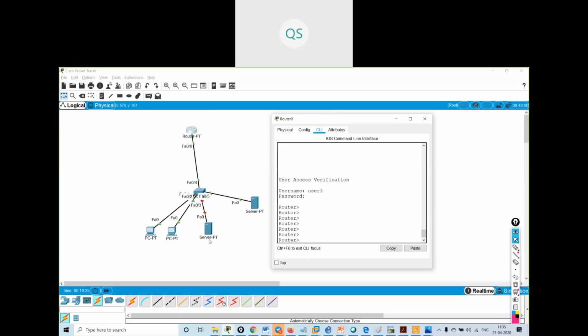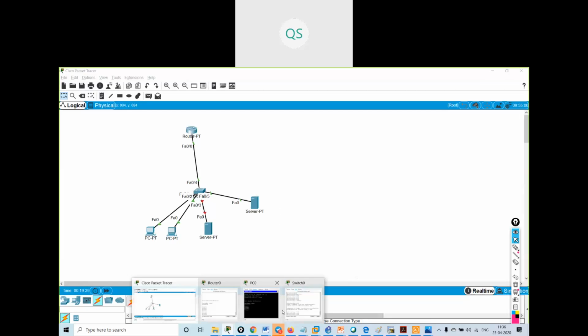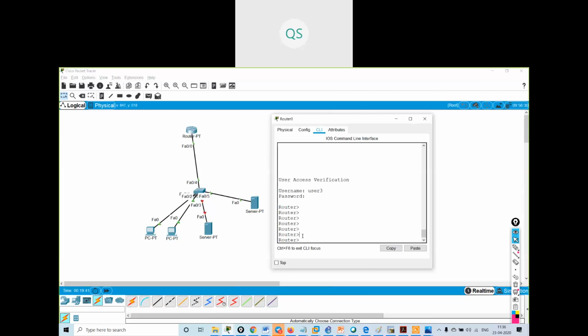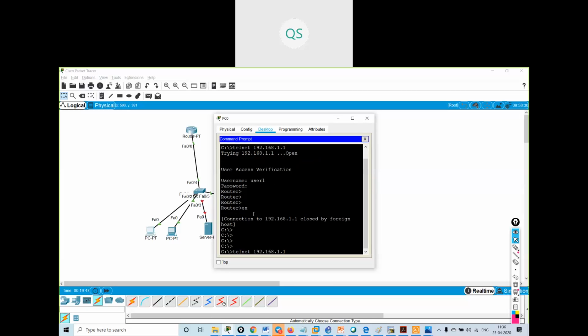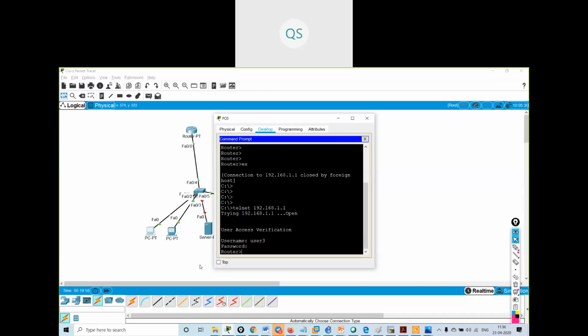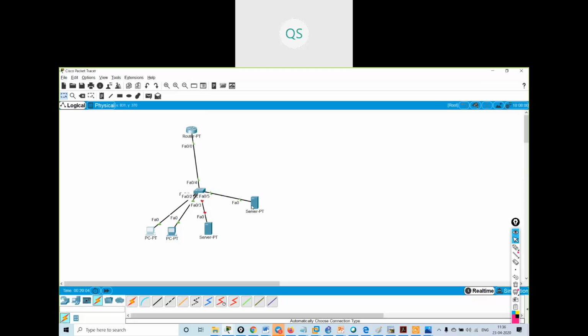So if this link fails, then it will access another server. I have kept another server. If this link fails at any time, I can have a backup for this server. See, I got the access of the router. Same thing I can get via telnet also. If I try to telnet with user 3, which I've created on the Radius server only, I got the access of the router, and it is coming via the Radius server now.